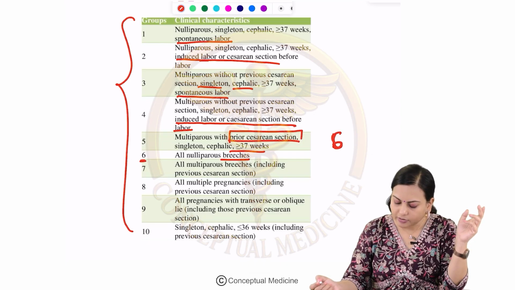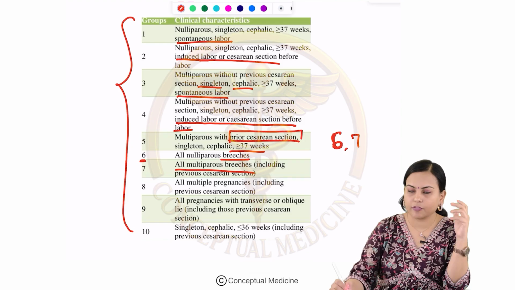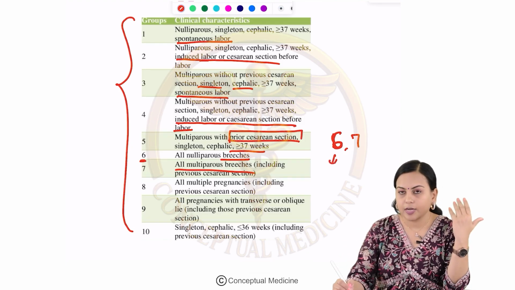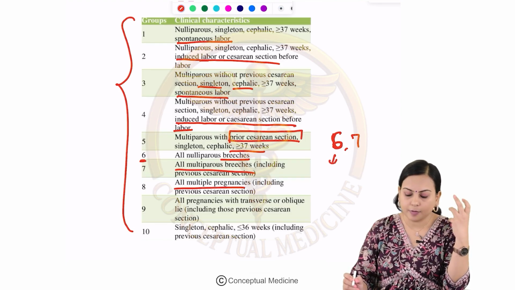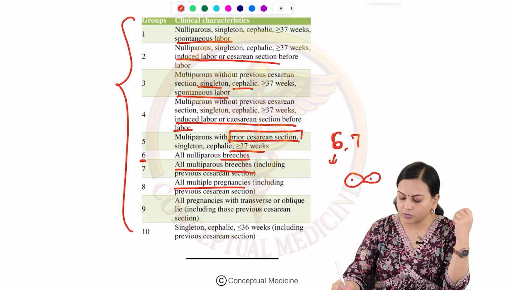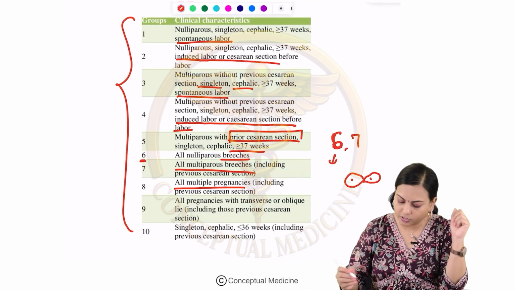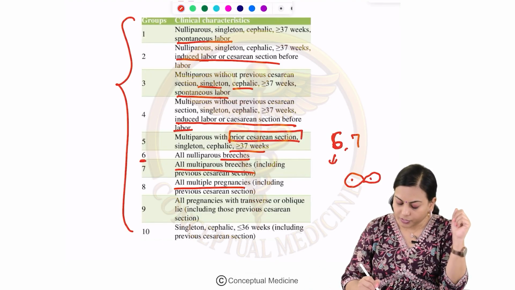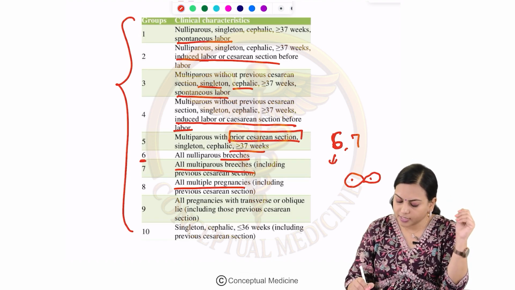And the seventh category is about all multiparous breeches. Okay, so 6 and 7 will be going for breeches anyhow. 6 is for nulliparous breech and 7th is for multiparous breech. And 8th one is all multiple pregnancies, okay, many pregnancies. So, 8, if you see, there are 2 rounds, okay, so multiple pregnancies together, maybe a twin pregnancy also you can imagine. And 9th group is all pregnancies with transverse